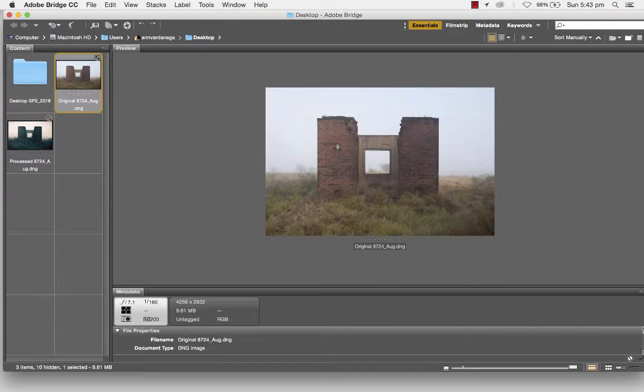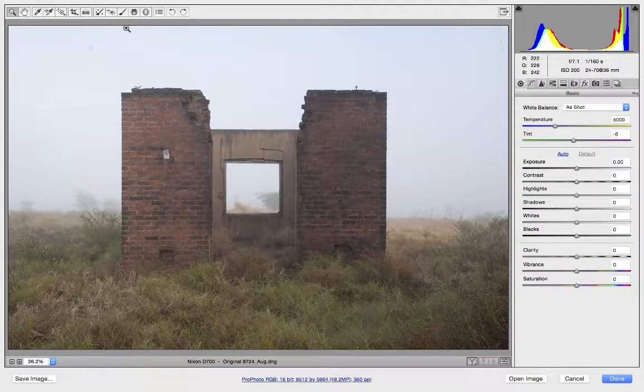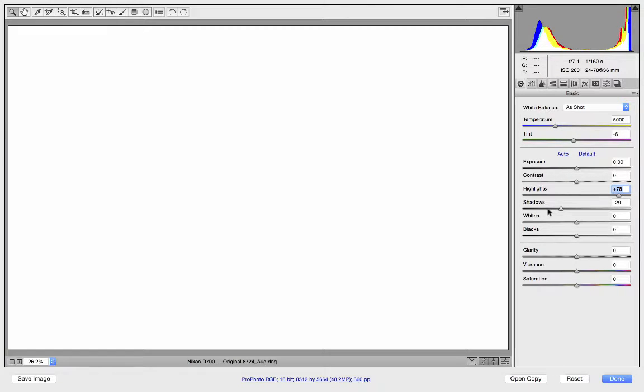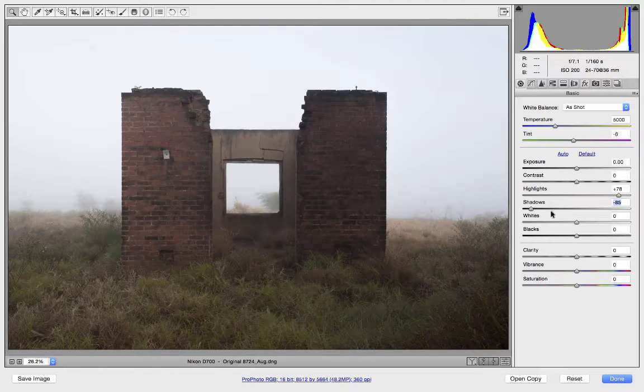Selecting the original image, open it into Adobe Camera Raw, and of course the first step is to do your basic editing, and you should be able to do this really quite easily now. Holding down the Option key, we're going to start with the highlights. Push the highlights across. We're going to bring the shadows down to the left, the whites up to the right,